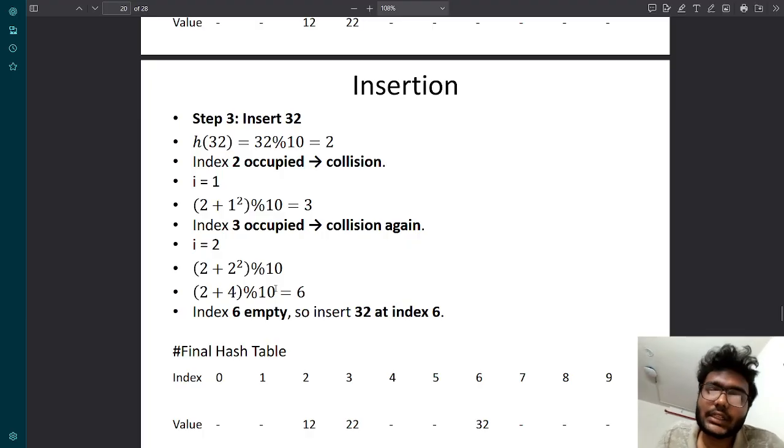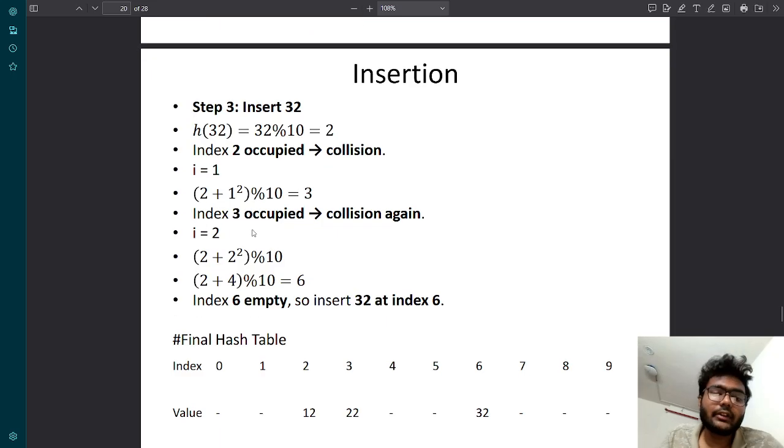At last we have to insert 32. So it is giving 2 also, and index 2 is already occupied by 12. So now we will go to quadratic probing approach. First we have to take i equals 1. Then we have to solve, and it will give index 3. But index 3 is also occupied by